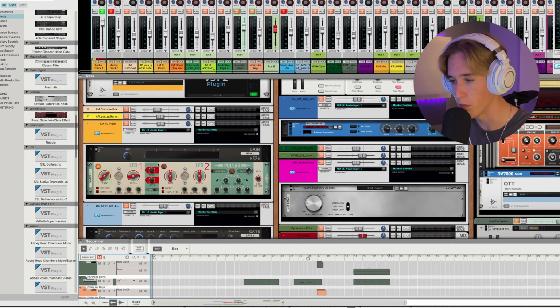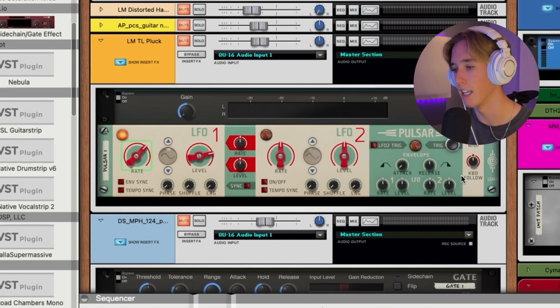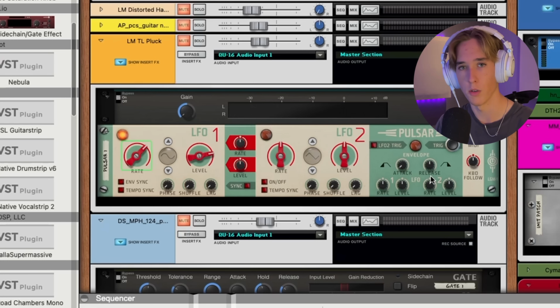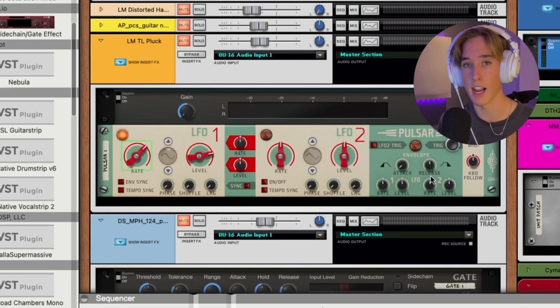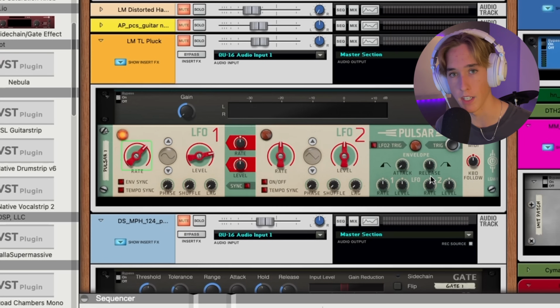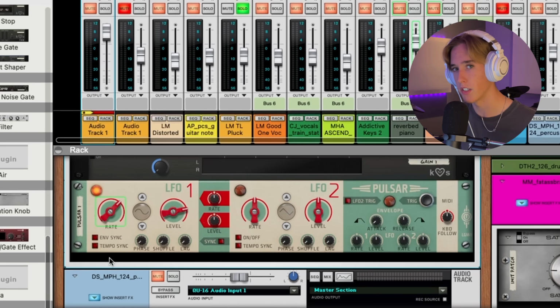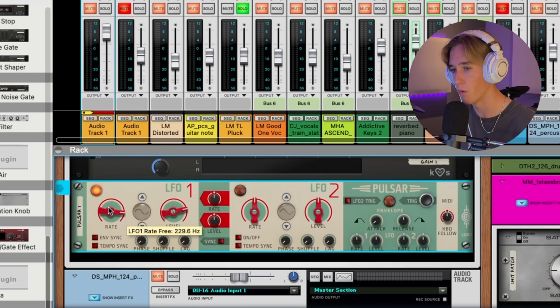Here's one right here. The Reason Pulsar LFO is the one I use in all of my stuff because when you go to the back, you can route everything you need from the LFO to whatever parameter you want on any rack extension or sometimes in a VST. You can hit this little tempo sync button if you want it to be connected to the time of the track. Otherwise, you can turn that off and it will just be a free-flowing